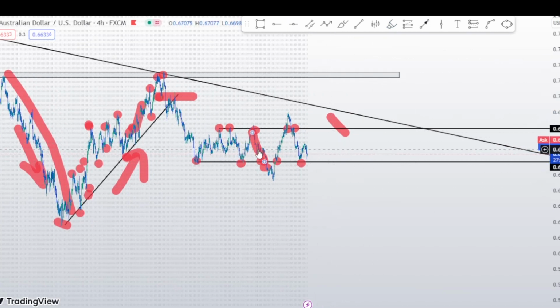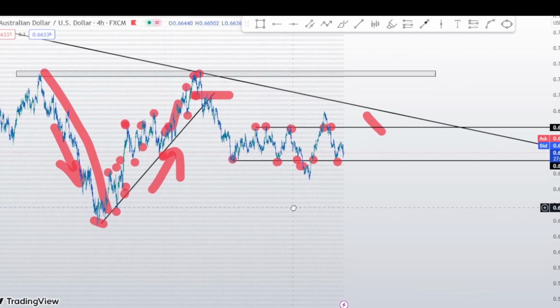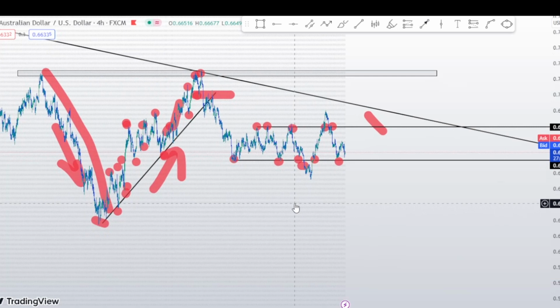What are our important levels? Remember, support and resistance are our important levels. Even when we are tracking down the trend, we have to remember that support and resistance are important. Support and resistance are important. And when you are tracking down your trend, remember that